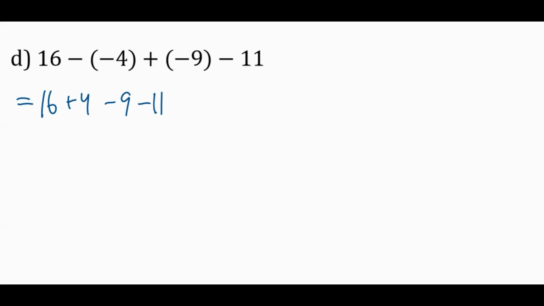Notice how we're only turning two signs in front of the same number and turning it into a number line question. And 16 plus 4 is 20. Minus 9 is 11. Minus 11 more is